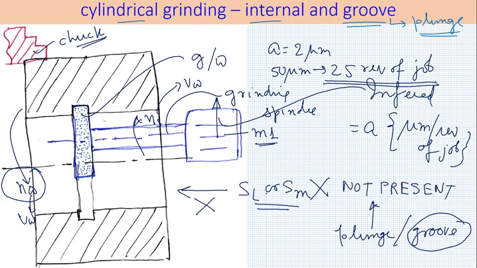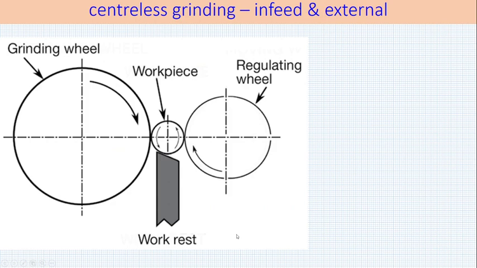That estimation is pure class 10 level mathematics. I am not going to cover these things, but one can understand. But before 25 revolutions of the job set in, something else happens. Once grinding is done, something else happens. We will discuss that later on, not today. So these are the kinematic requirements in an internal cylindrical grinding engaged in groove grinding.